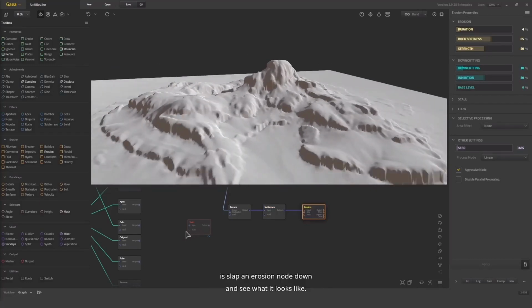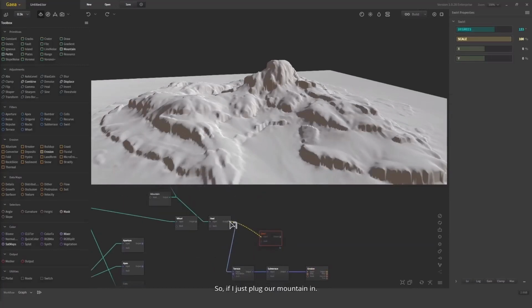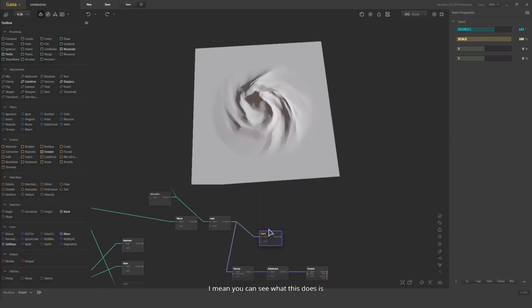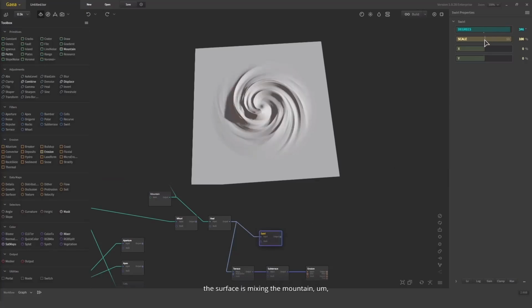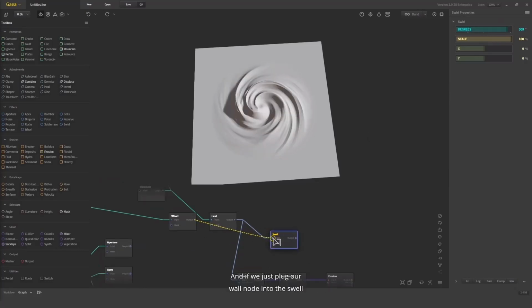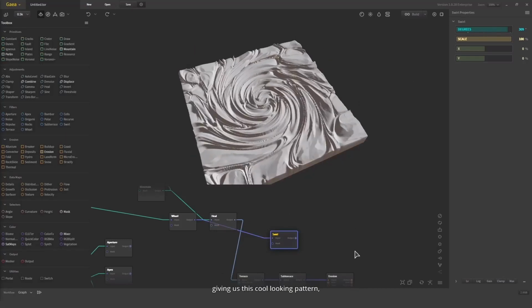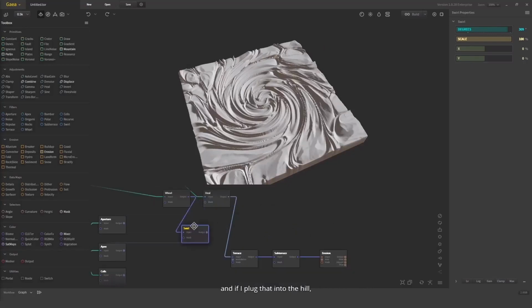And the last node I really want to take a quick peek at is the swell node. So if I just plug our mountain in, you can see what this does is it's mixing the mountain, kind of like a cake mix. And if we just plug our whirl node into the swell, you'll see what we get here. So everything's being turned around towards the middle, giving it this cool looking pattern. And if I plug that into the heel,